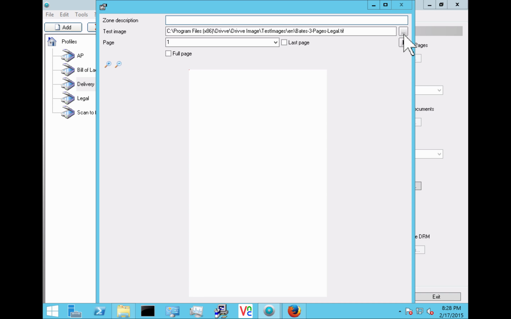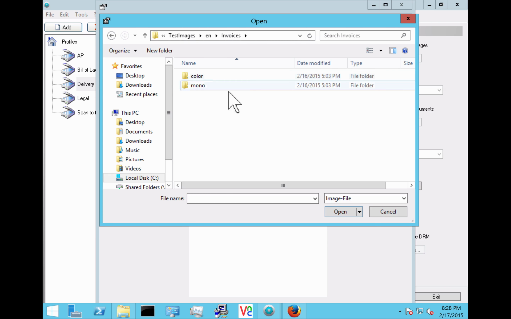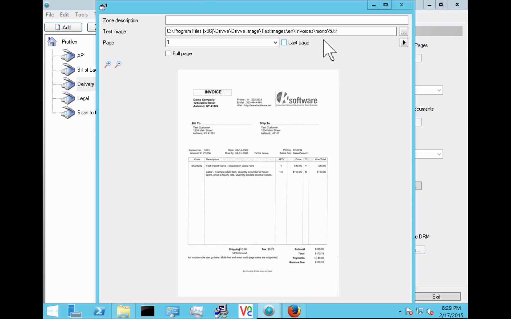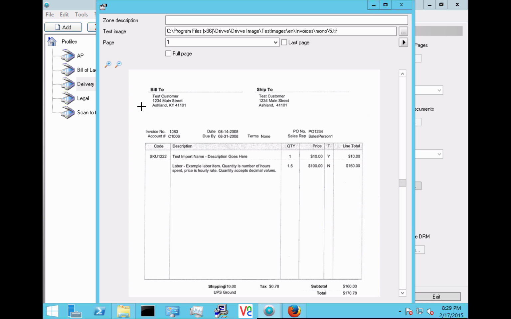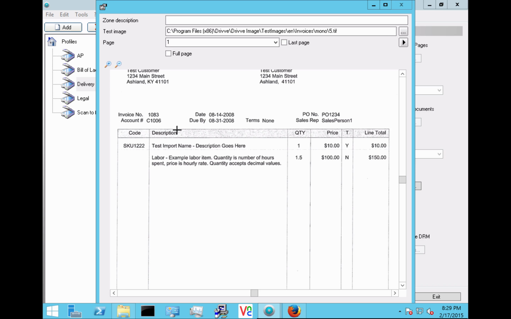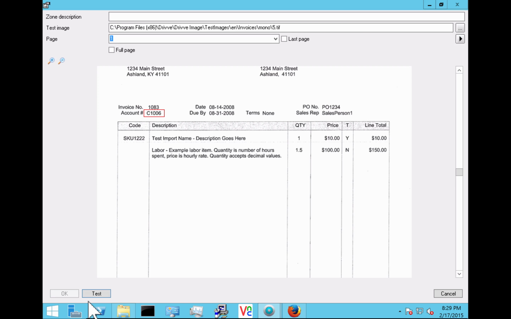See, so I find the document. Let's do one of these invoices. There we go. And so here you see that you can zoom in. And let's say here we want to find the account number. Well, we know that it's always in the same place. So what we could do is draw a box around that field and hit test, and it'll tell us what